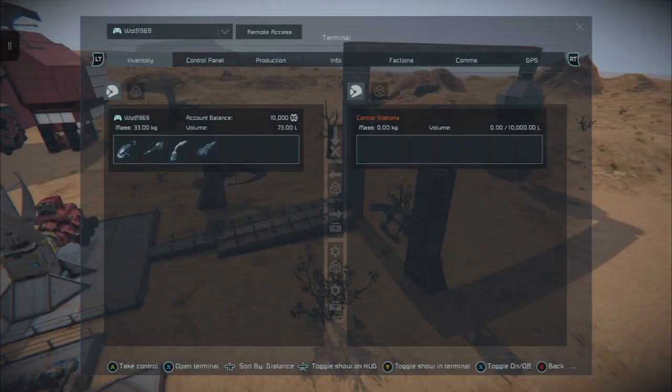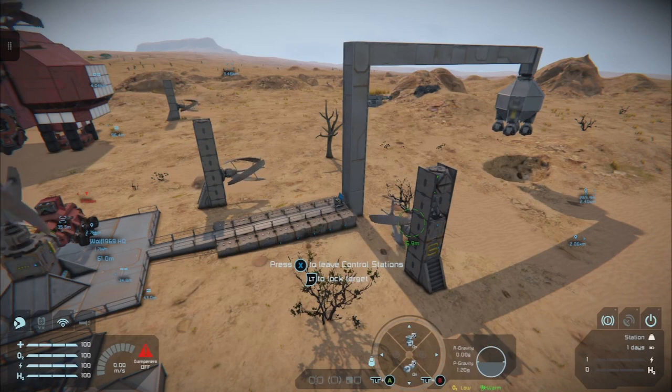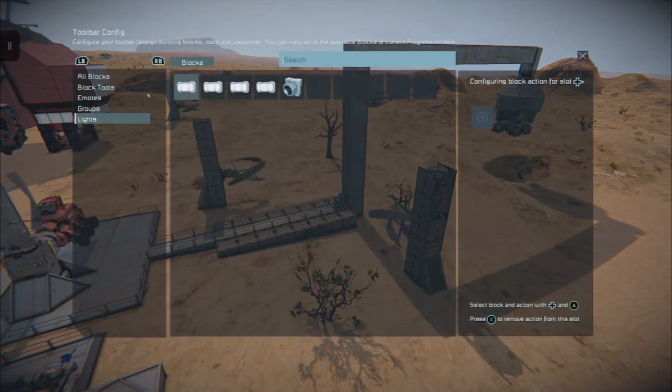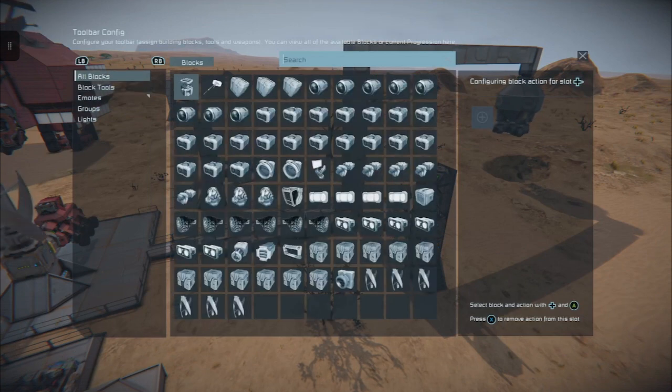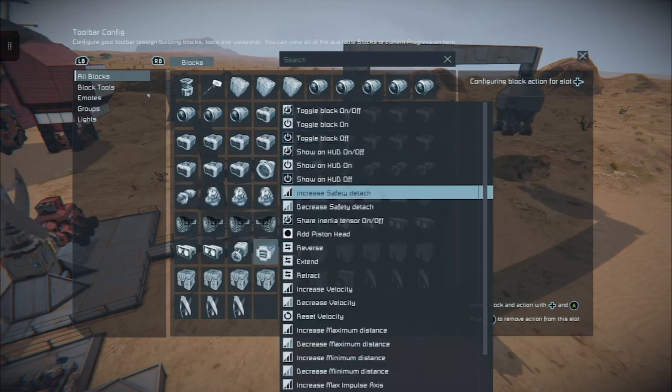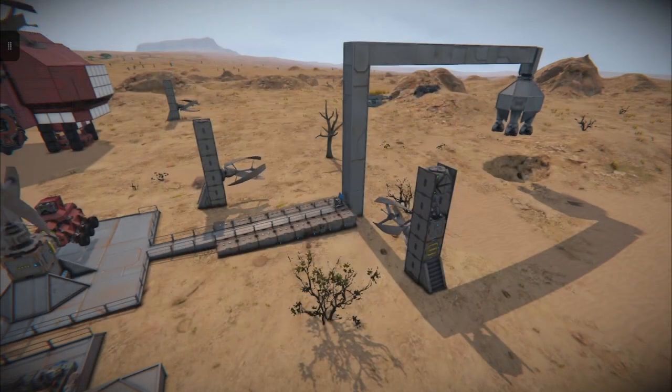Let's see, we want to come onto the D-pad, push right on the D-pad, tap the left bumper till we reach all blocks, look down our list, find our piston, and put our piston on extend.